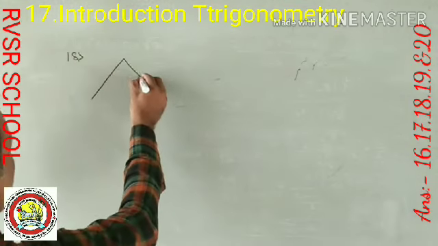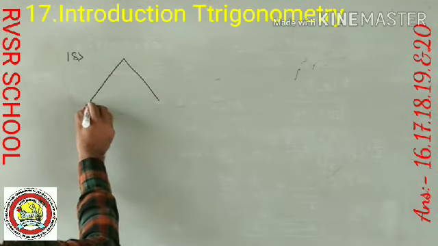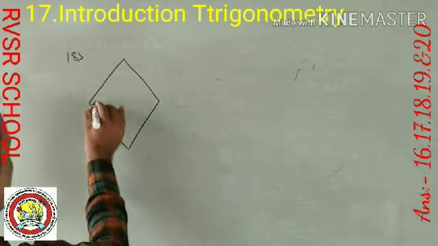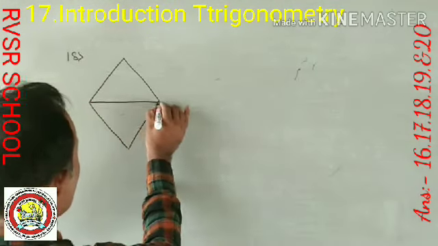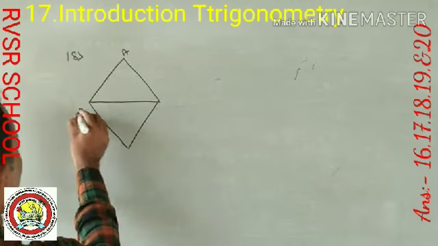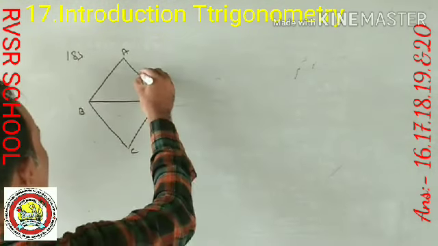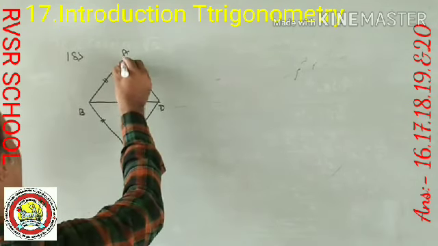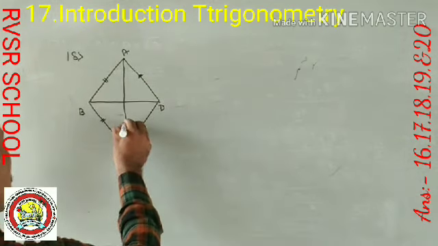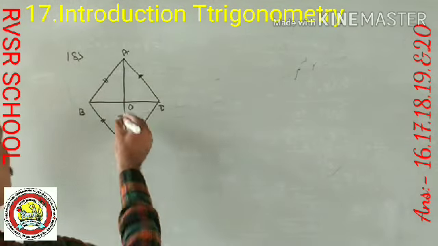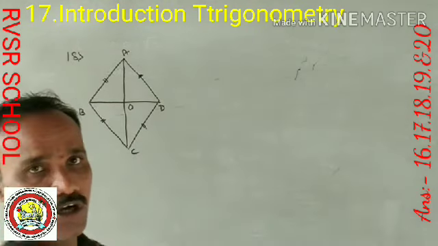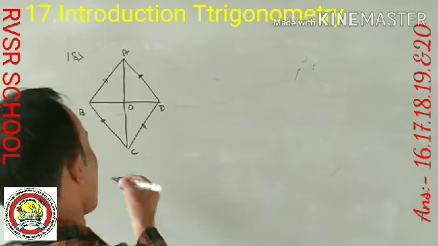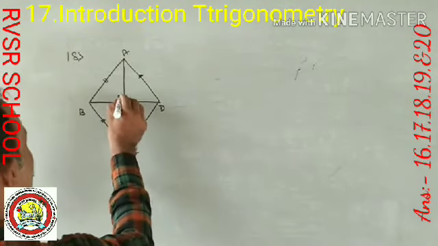The very important thing is the properties of a rhombus in this question. In a rhombus, all four sides are equal. A, B, C, D: AB is equal to BC is equal to CD is equal to DA. AC and BD are the diagonals meeting at the point O. Very important thing, I told you many times, without a right angle triangle we cannot find the answers here. So at point O, it is 90 degrees.